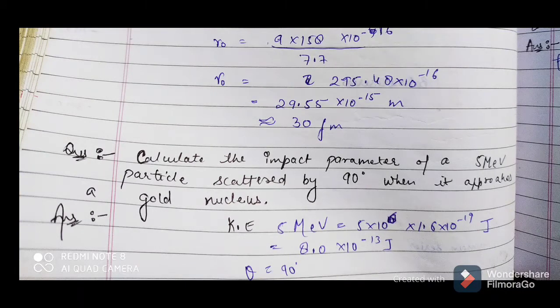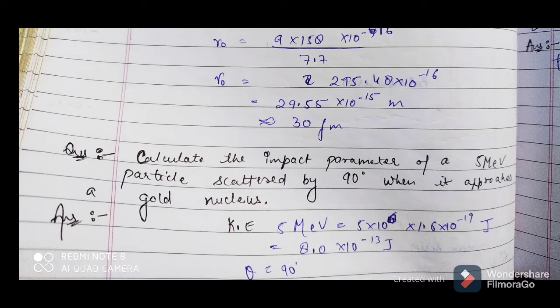Guys, we were doing modern physics of class 12th. We have completed a few topics on that, and now we are going to understand the numerical parts of those topics. In the previous video we did a numerical on the alpha scattering experiment done by Geiger and Marsden. In this question on your screen, we have to calculate the impact parameter, a topic related to that alpha particle scattering experiment. In that we have two topics: first, distance of closest approach, and another, impact parameter. So this question is based on impact parameter.